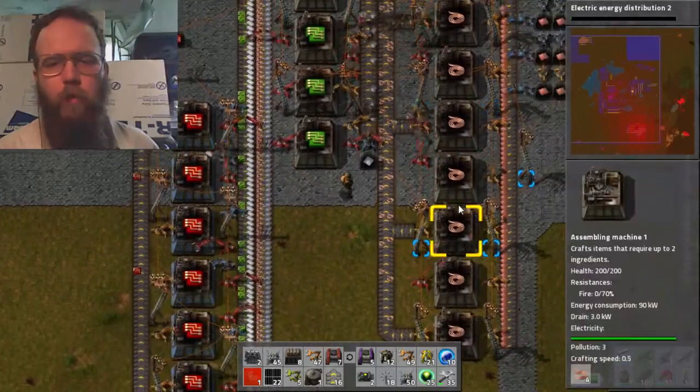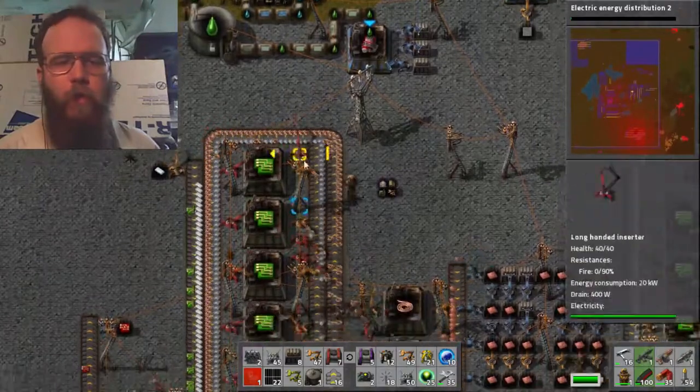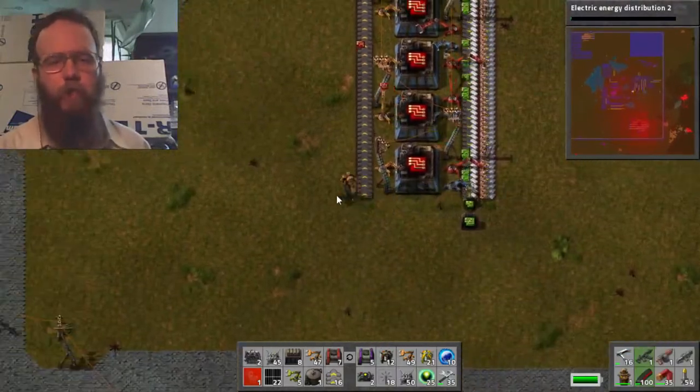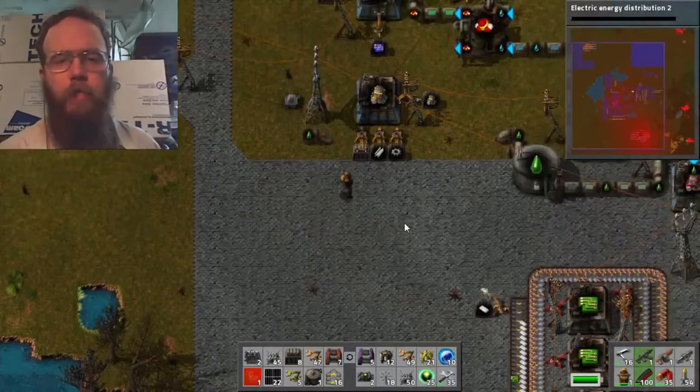How are we ending up with copper there, when it's supposed to go like this? Oh, it doesn't matter. It's being used anyway. Okay, everything's efficient. Everything's working. In that case...